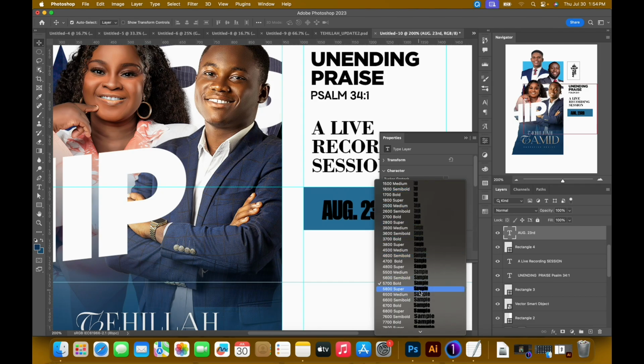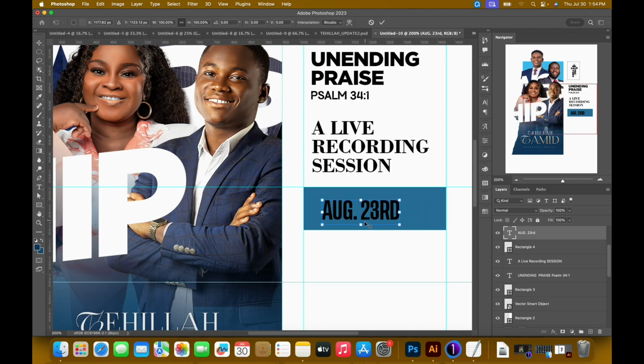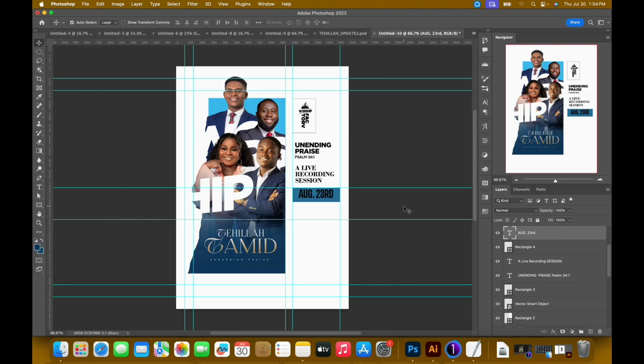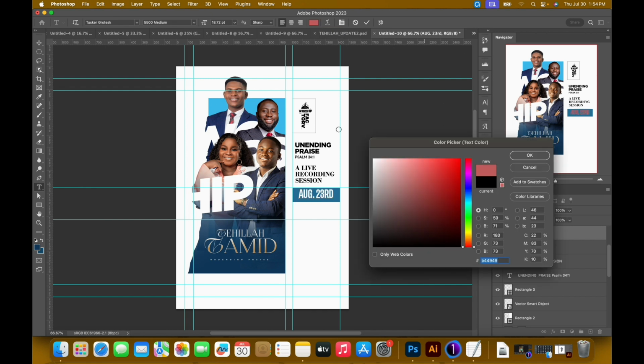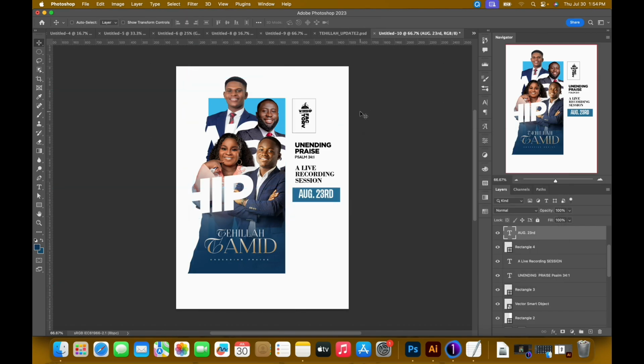5,500, like so. Then I increase the font size a bit, not a bit bigger. And Command Enter or Control Enter to turn text into an editable text layer, and then click here and change the color to white like so,